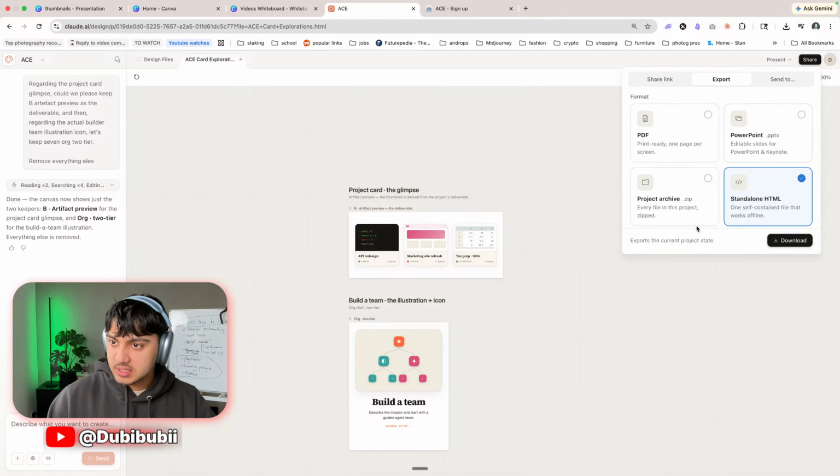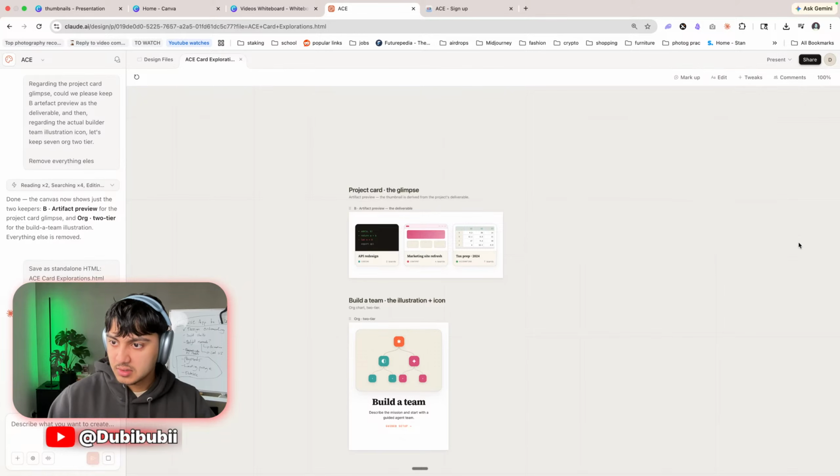They've changed the settings here. Export the current project state. If I was to download this,